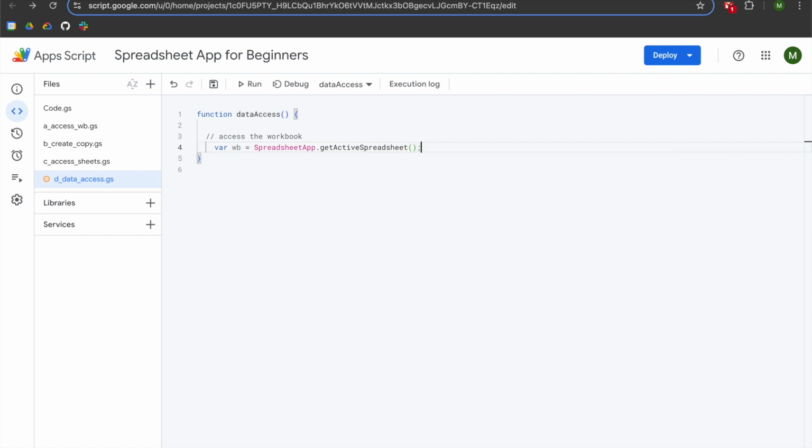If you are attempting to access a workbook from an unbound Apps Script, or if you want to access data from another workbook that this Apps Script is not bound to, then you'll need to use openById or openByUrl. We'll hit enter twice, left arrow twice, 2 slashes for a comment, where we will say access the sheet. Hit enter, tab. Declare a variable called sheet, which will be set to